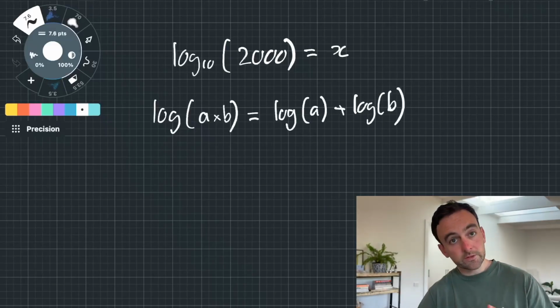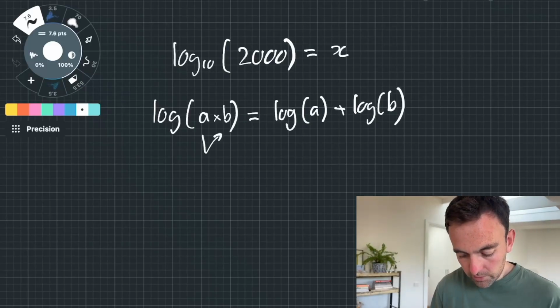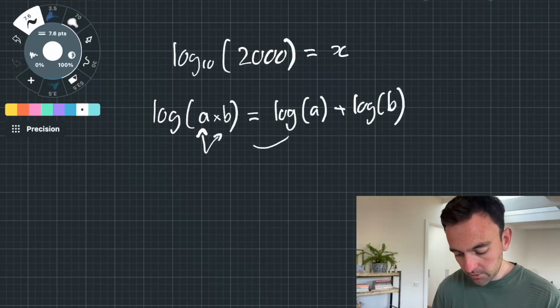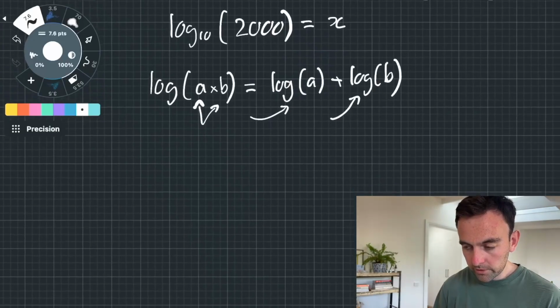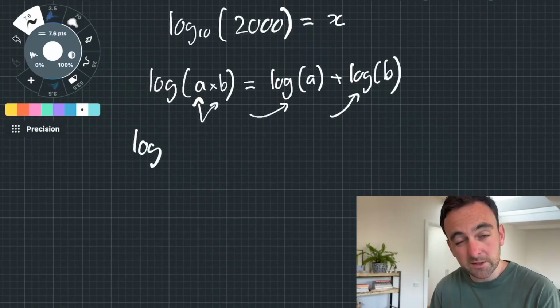Now I know that looks scary, but what it's saying is if you have two numbers which multiply together inside a log, you can then separate them into two individual logs and just take those numbers. So if you wanted to do this with a little bit more precision, which I don't think you're going to need very often, but this is a good rule to know,